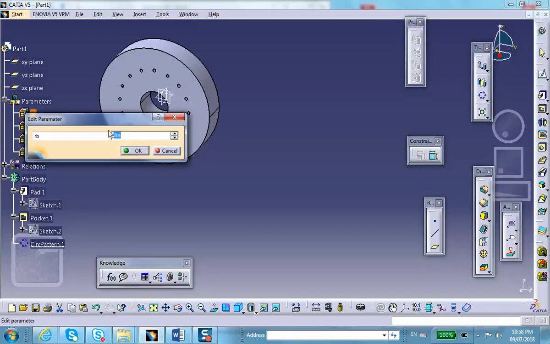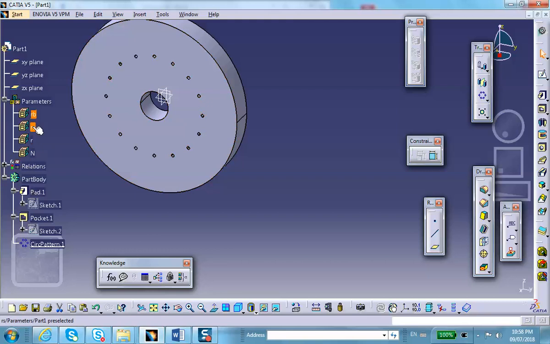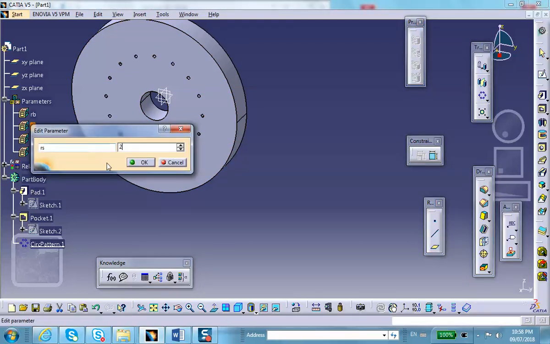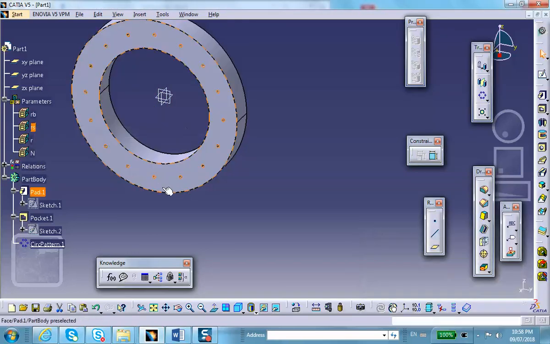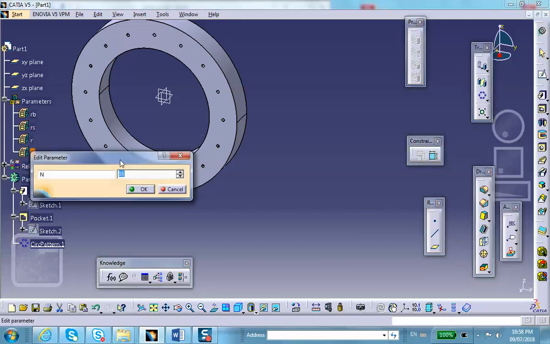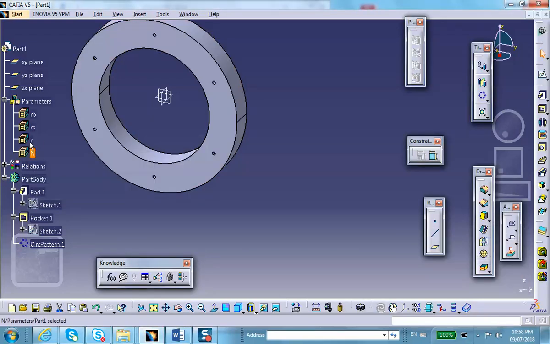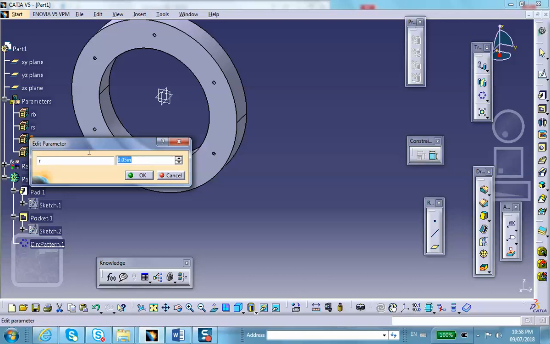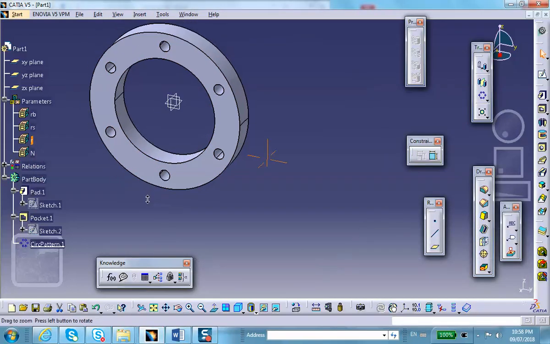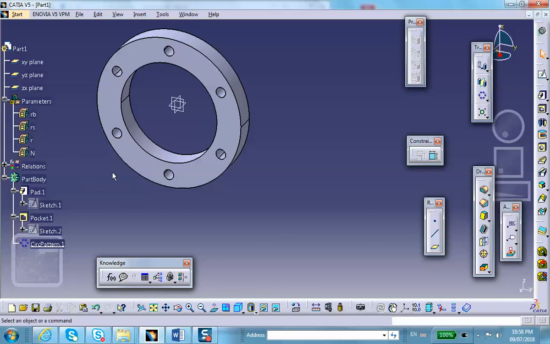Good. RB, the big radius. So let's make that thing 3. There we are. RS. Let's make it 1 or 2. Looks like that. R. Well, let's reduce the number of circles. Let's make it 6. And let's take the R and make it bigger. Now let's make it 0.2. See what happens. There. You got the picture? All right. I'm glad that things didn't work out, so that we had to go and do some detective work and try to